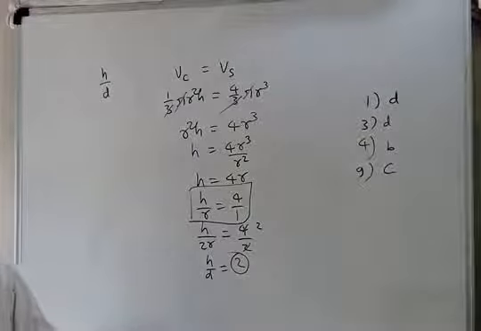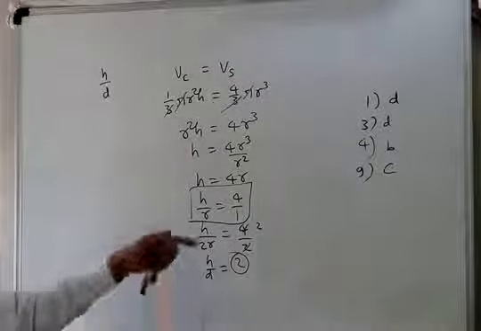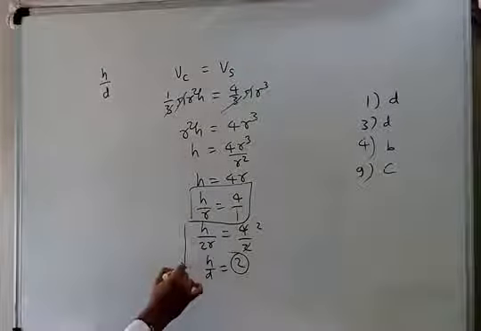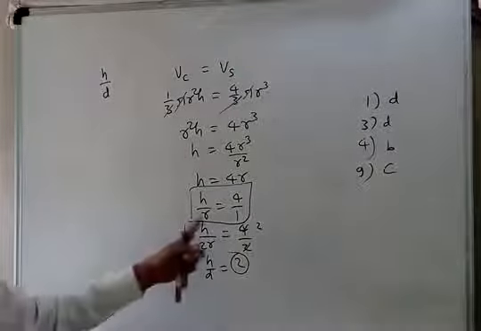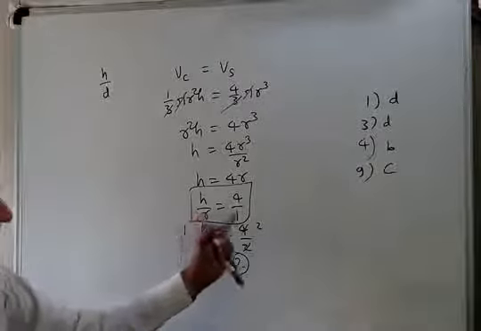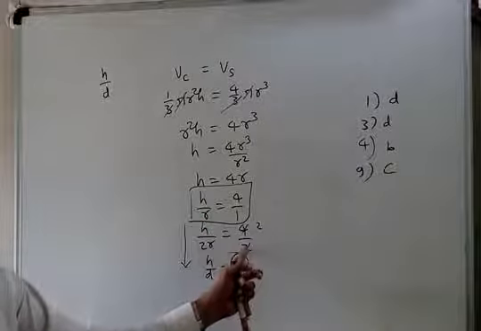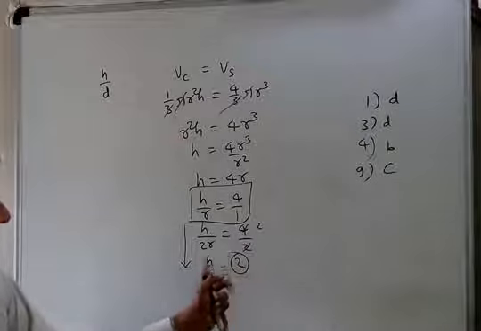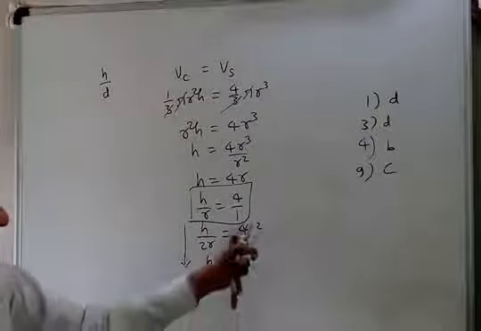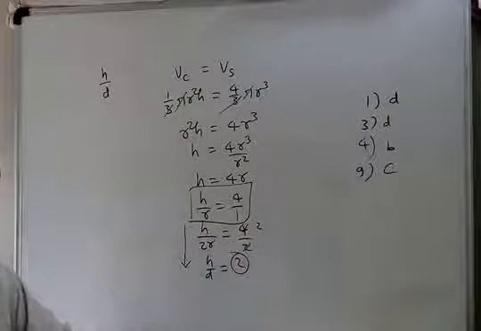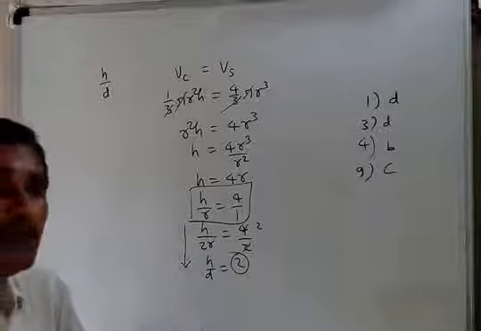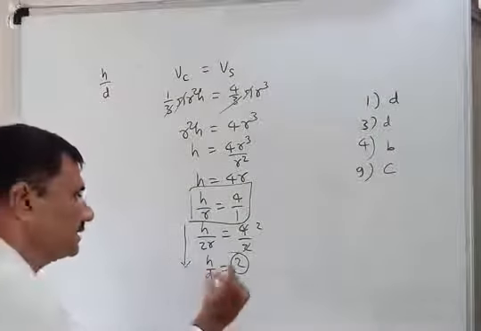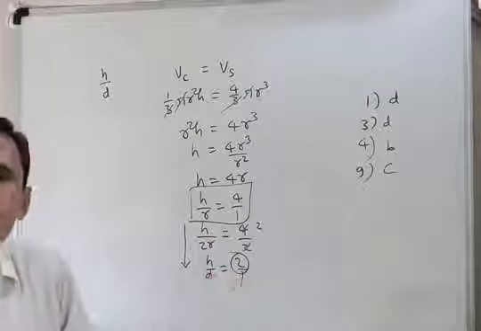Remember that way. Again, just understand why I proceed 2 steps extra, because I want here the diameter. So I make twice both sides in denominator. So we got h upon d equal to 2 to the 4. Only 2 means 2 upon 1. So the ratio becomes 2 is to 1. Here nothing is there, so 1 is there.